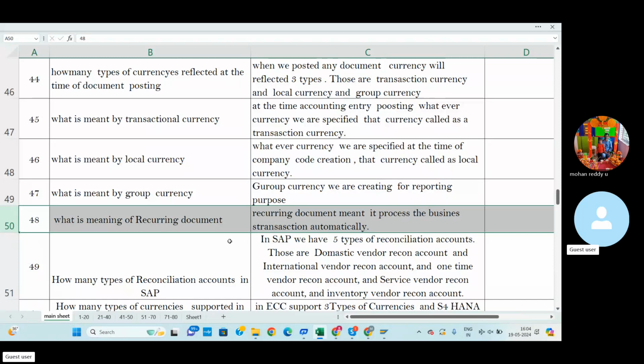Then automatically, when the due date is reached, the amount will be debited from the customer account and credited to the company account. For this purpose we use the recurring document. Simply put, a recurring document means the process of handling business transactions automatically.